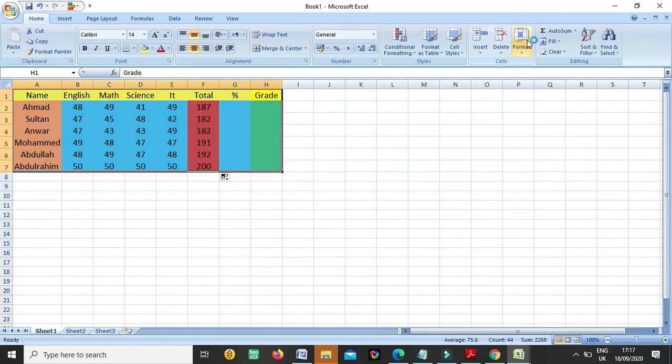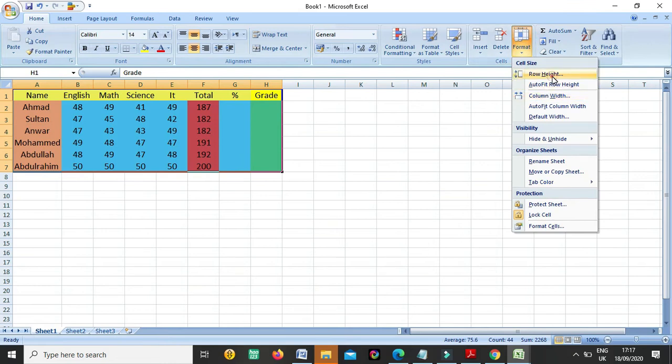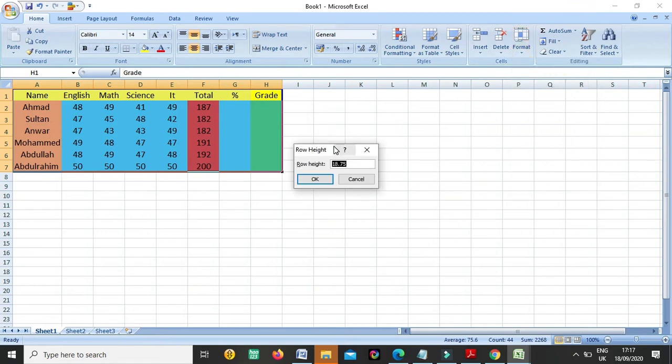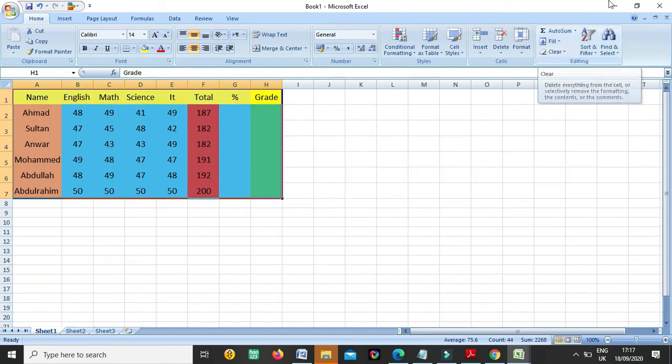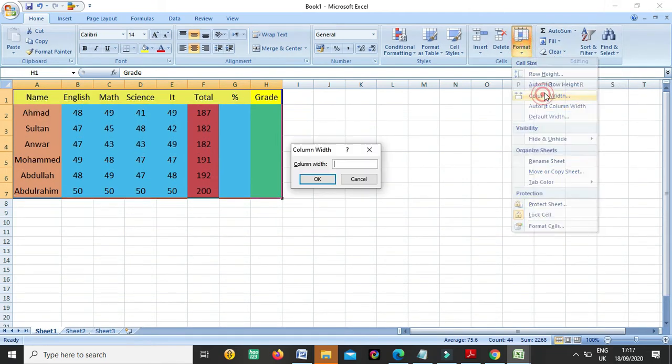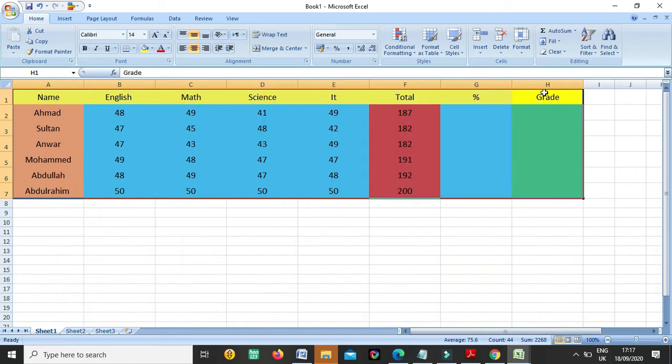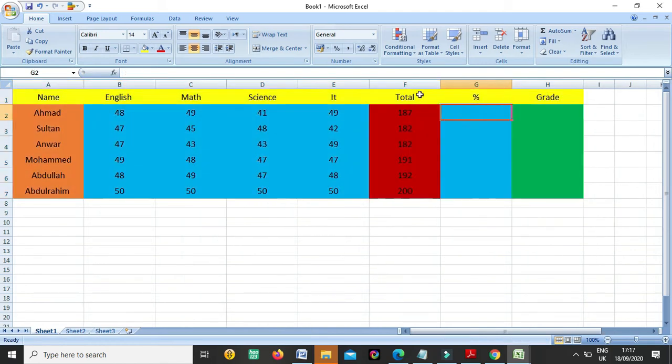I changed the row height and column width, so it will be easy. Suppose I make the row height 25, and the column width 20. Okay, so now this is for the total. Now we come to the percentage.